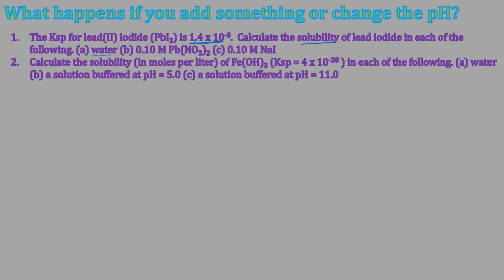And we want to calculate it first in water, then in 0.1 molar lead 2 nitrate, and then in 0.1 molar sodium iodide. So I'm going to write my reaction, and I'm also going to write the KSP. All right, and then I know that this is going to be x and this is going to be 2x. There's nothing in water that is going to affect this, so I'm just going to plug these in, and it's just a regular